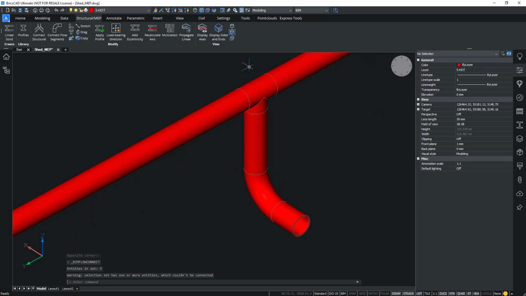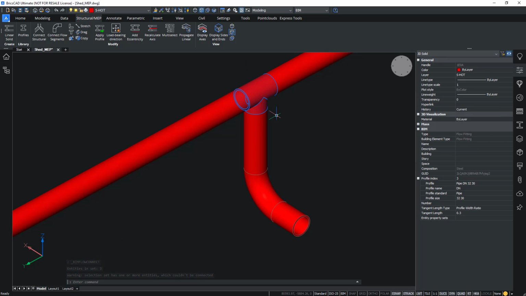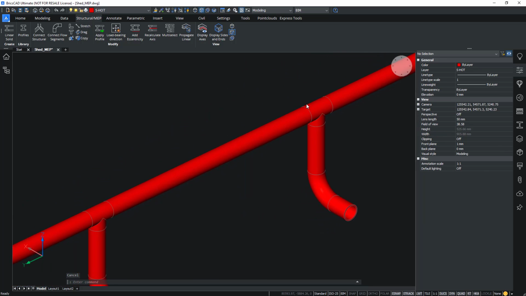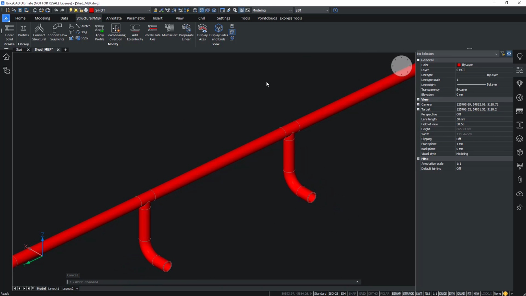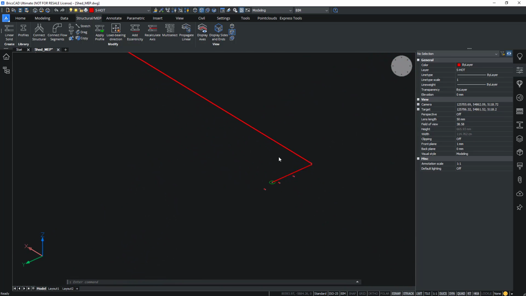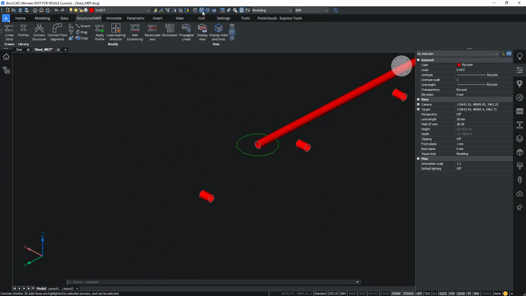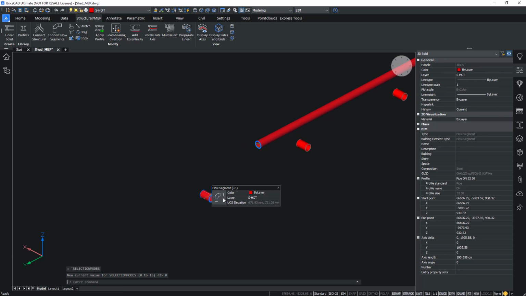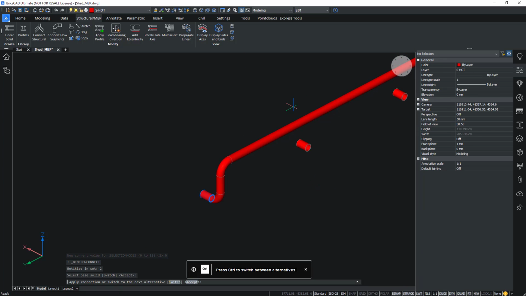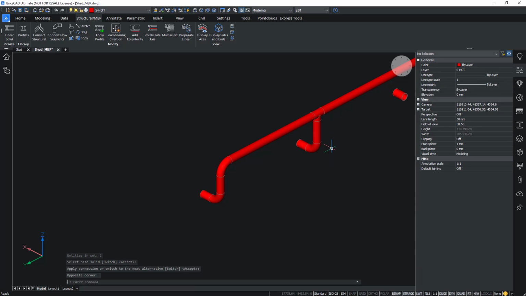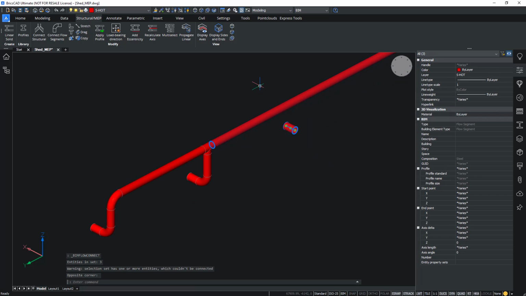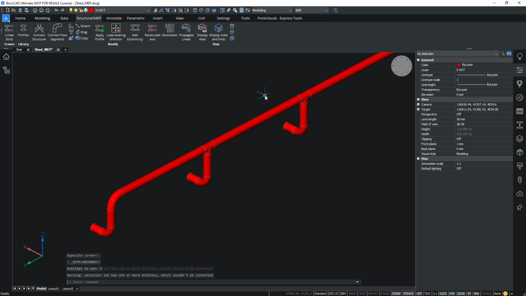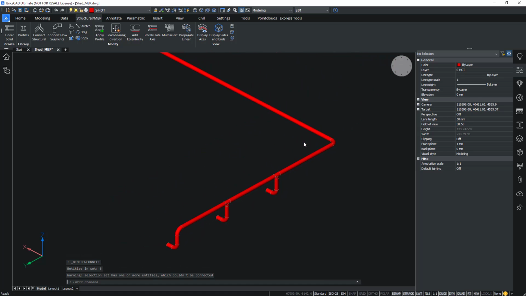And as you can see, again, automatically this T is created here because of my automatic tees setting. And I can do the same on the other side. So just selecting them and using connect flow segments.